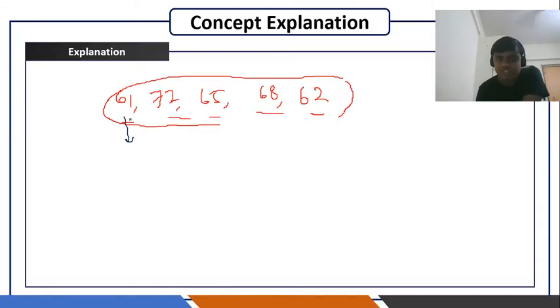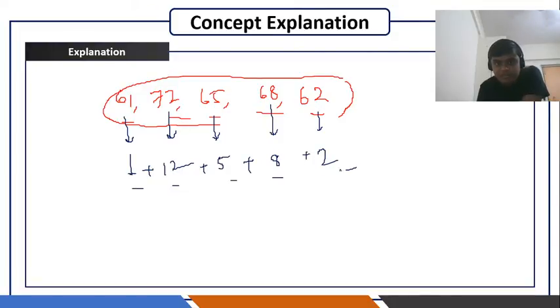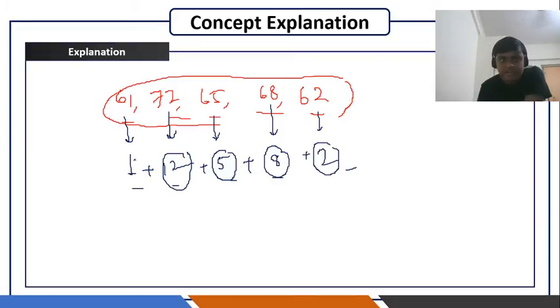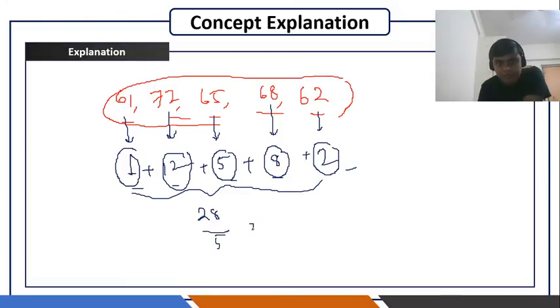If I subtract 60 from 61, I'll get 1. From 72, I'll get 12. From 65, I'll get 5. From 68, I'll get 8, and from 62, I'll get 2. Then I'll find the average of these numbers. 12 plus 8 is 20, 20 plus 5 is 25, 27, and 28. So 28 is the sum of all these numbers. The average is going to be 28 by 5,